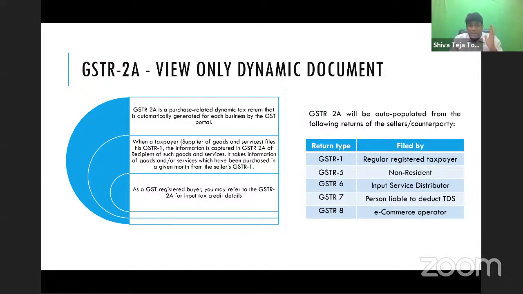We discussed that point. Then GSTR6, ISD, input service distributor. They are such category of persons who can distribute credit of tax paid on input services. So that also will reflect in GSTR2A. Then GSTR7, person liable to deduct tax at source. GSTR8, e-commerce operators. Already we discussed that provisions of TDS will come into picture, and as on today, they are